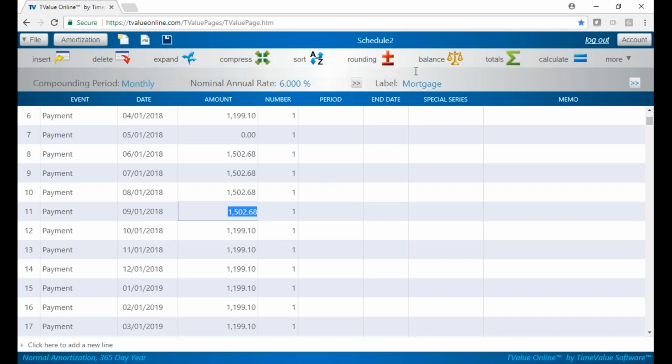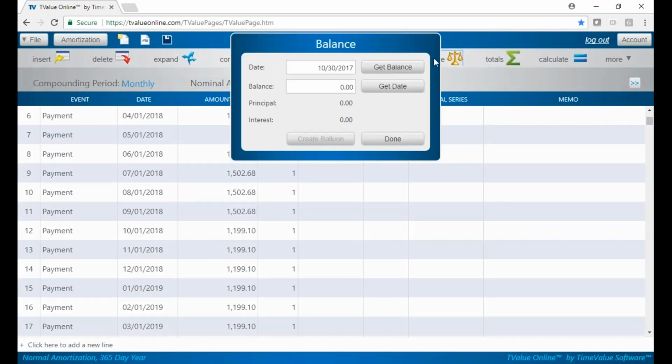A couple other features in the program. The balance. Balance is a neat feature. The balance allows you to determine a balance at any point in time. This is real easy to do for payoffs, or a time for a balance. So let me do that. Let's say our payments are all on the 1st, and I want to do a per diem interest. So I can put in, let's say,